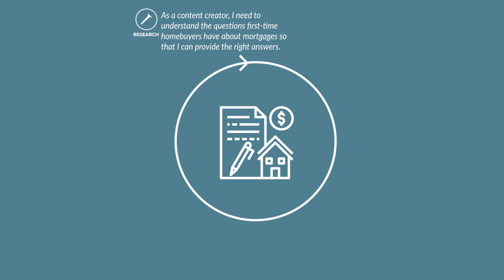For example, let's say we work for a bank who is developing content for first-time homebuyers researching mortgages. A content spike might look like this. As a content creator, I need to understand the questions that first-time homebuyers have about mortgages so that I can